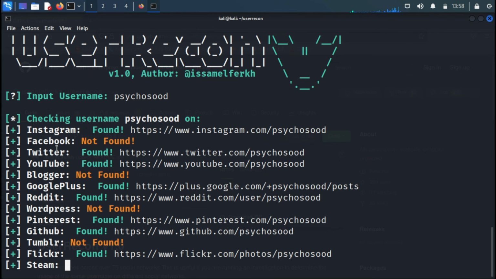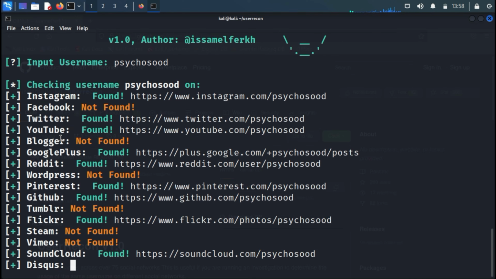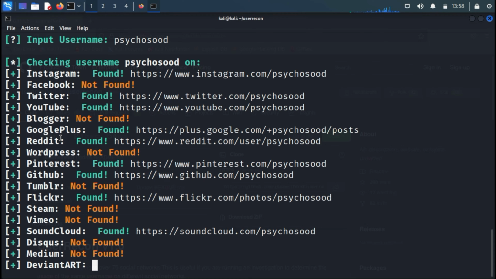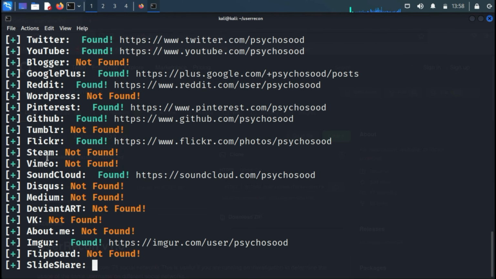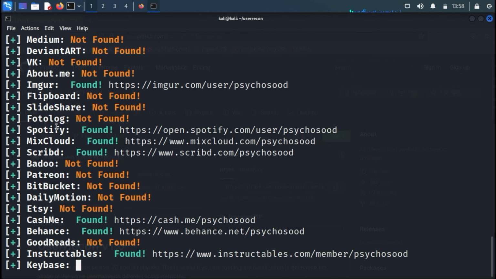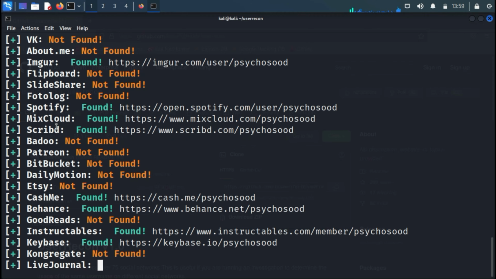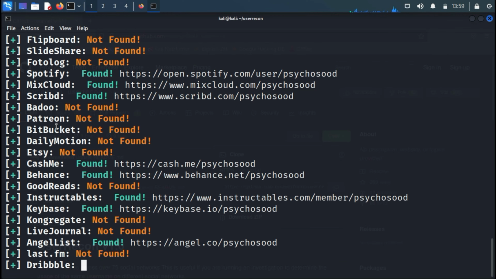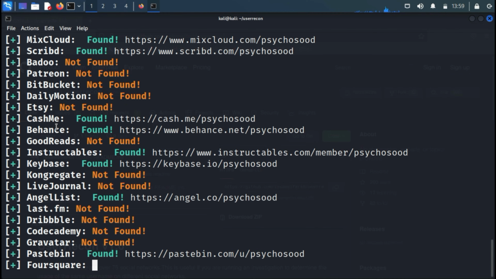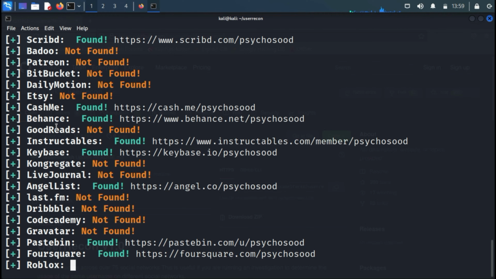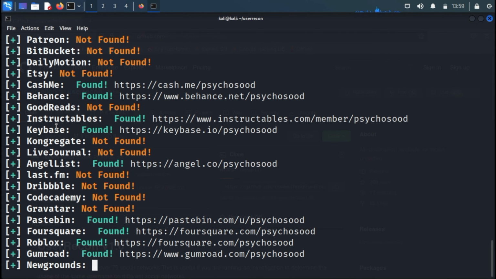After that, it's searching on Facebook, so it didn't get any username related to PsychoSoul, so it has shown the message not found. So in the same way, we can see there are different profiles where it's showing found, not found. If you are running an investigation to determine the usage of the same username on different social networks. So friends, using user recon, we can find if the username is present on different social medias or not. So as you can see here, there are many different social media sites where it is checking the username if it is present or not.